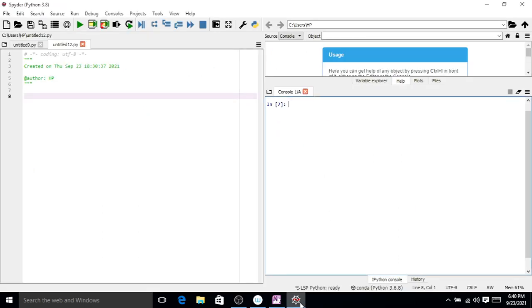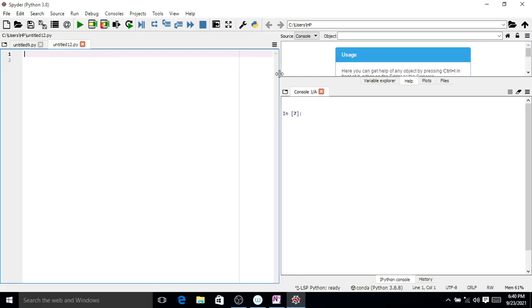Now we are going to code to determine the multiplication of two matrices using Python programming. We are going to take input from the user and the output will contain the multiplication of the two matrices.